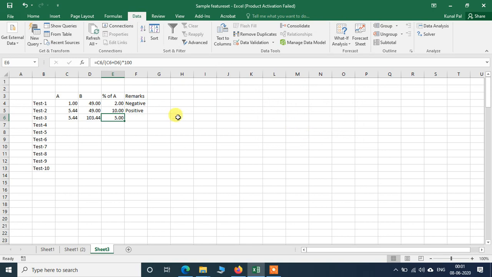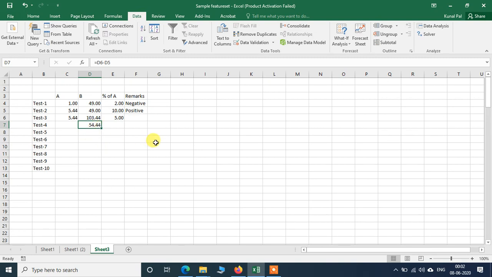So what is happening now? For preparing this solution of test 3, we have to add additional solvent, whose weight or volume will be 54.44.